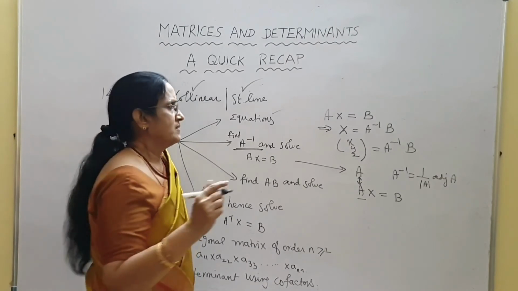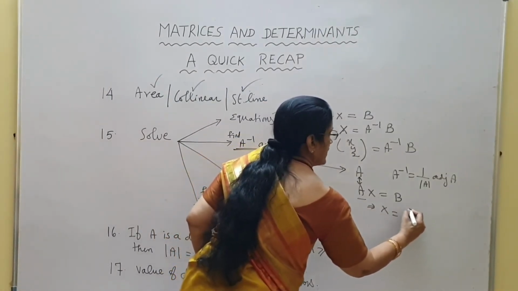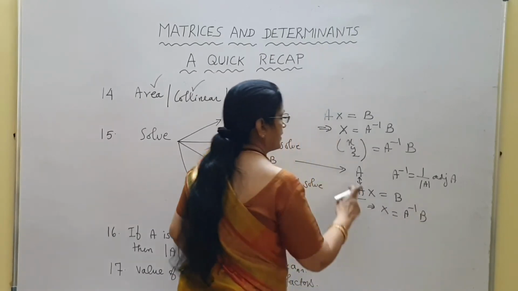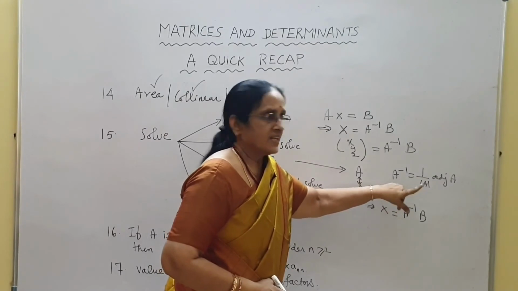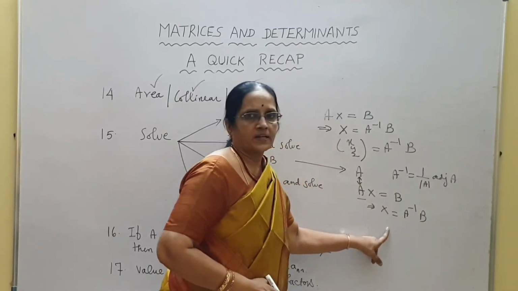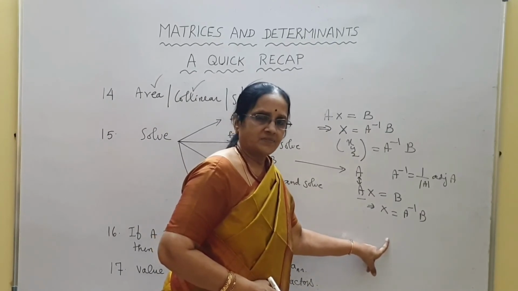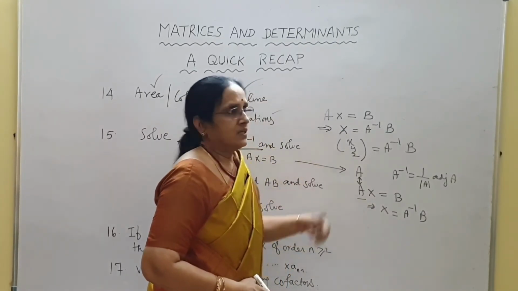Then this implies x is equal to A inverse b. Already for this matrix A, you all got A inverse. That should be substituted here. Then you will be getting the value for x, y, z. Again, this type also we have done so many problems. Then,